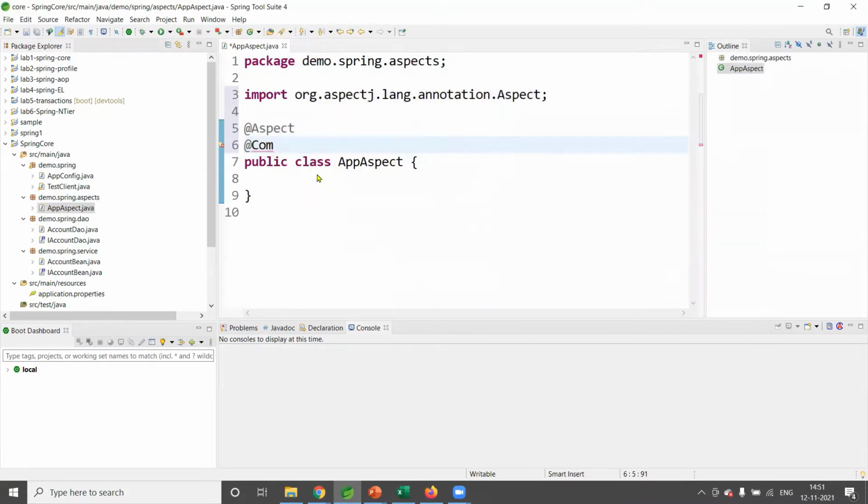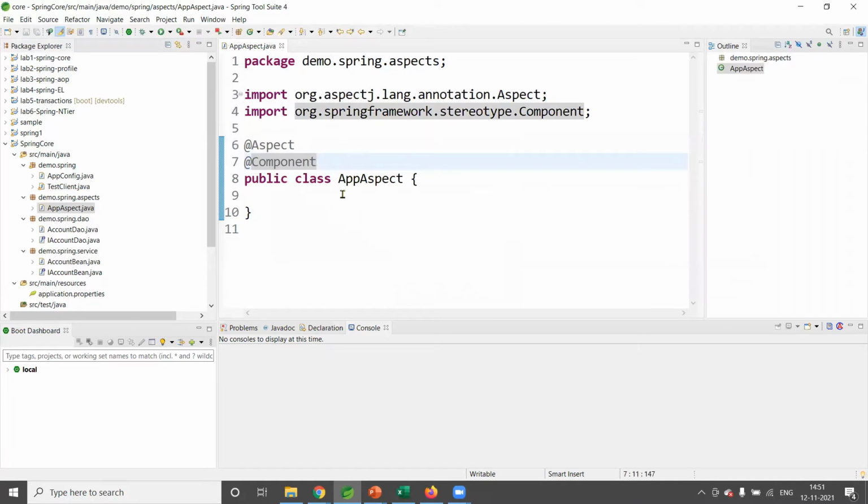If the component is not given, then this class will not be detected by the Spring framework. Why we are giving component here is, it is a generic component. Suppose if you say @Service, it is a service component. @Repository is a database component. But @Component, when you write, and above that we have written @Aspect, it means this is what type of component? Aspect component, simple. So this is how we can implement aspect-oriented programming in any existing application, right?